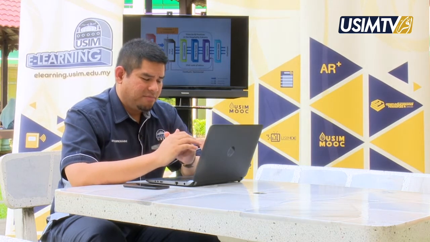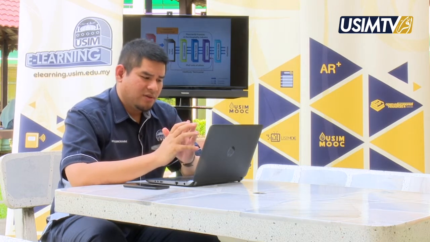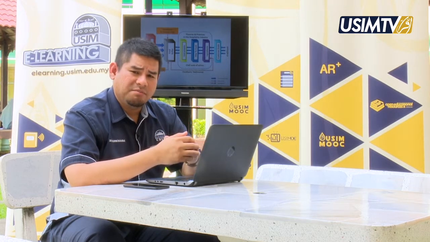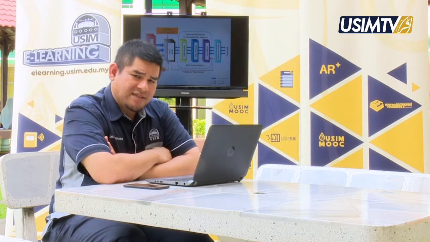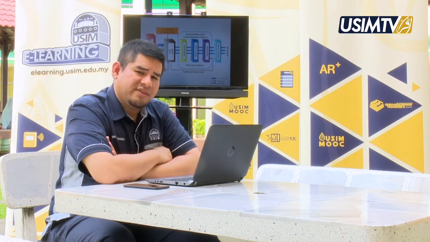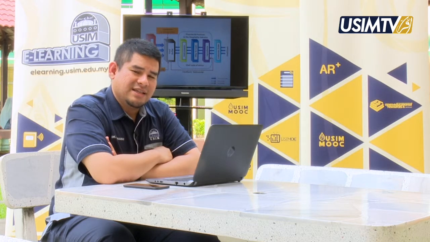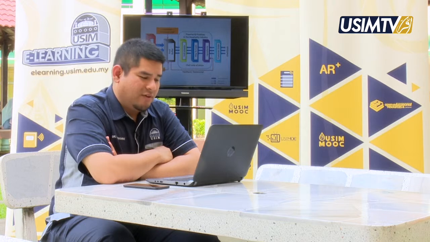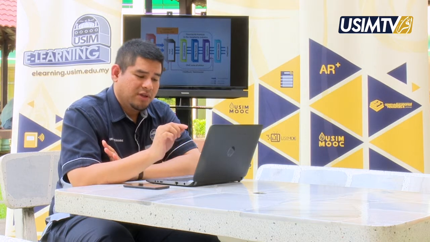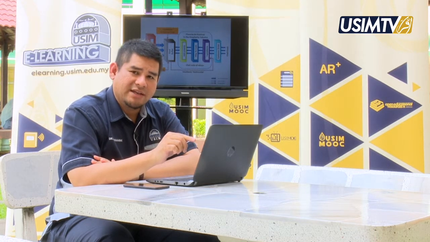So in this diagram, I just want to visualize when the customers go to the hotel or to the restaurant to have a very good meal. They will ask for the food menu, and they will choose whether they want set A Malay food, set B Japanese food, set C Chinese food. So from that menu, the customer order will be taken by the chef and the cook.